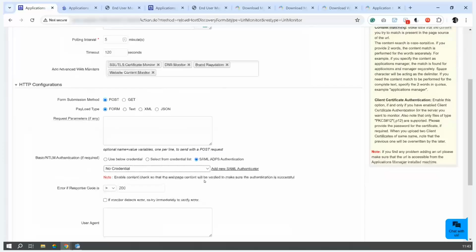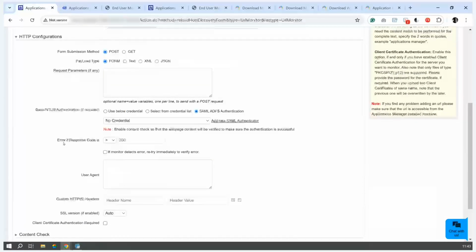Now you can trigger an error if the response code satisfies any specified conditions here. In this case, you can see that the response code is greater than 200 here. So if you wish to change the condition, you can do so by selecting the appropriate conditions and specifying the error codes of your choice, such as 404 and more. If you wish